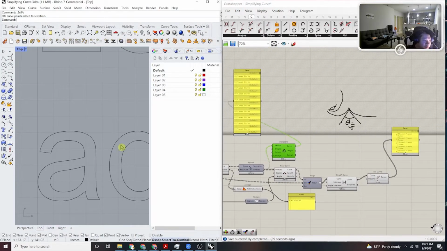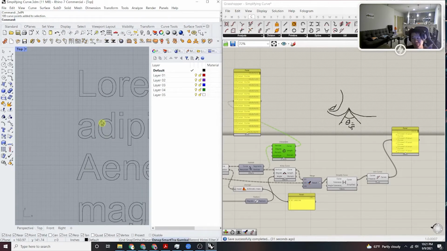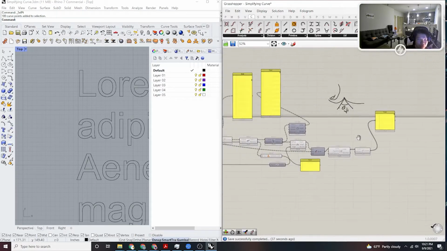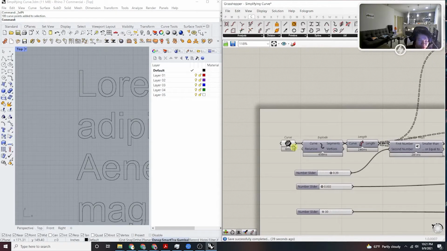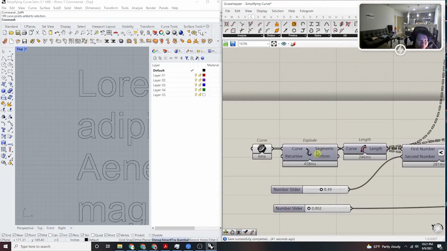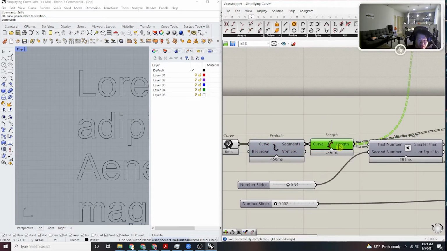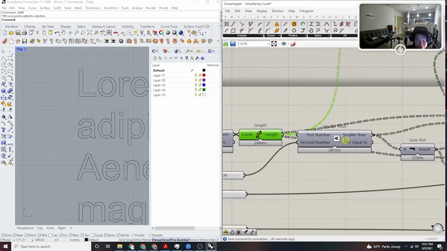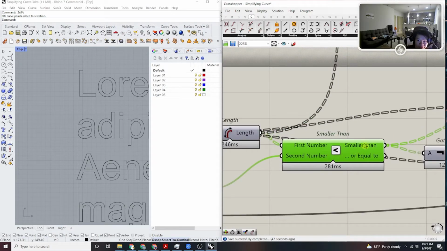But yeah, so that's pretty much it for this tutorial. Really, I was just showing my thought process on how I simplified these curves. To go over it really briefly, I'll just go over the script again. So I reference my curves, I explode them, find the lengths of all of them here, then do a filter